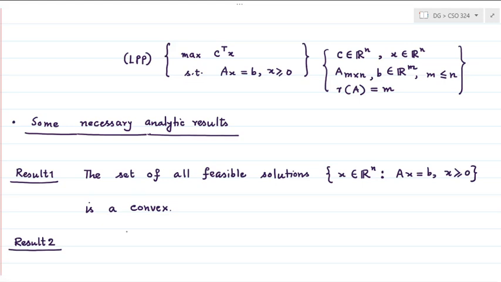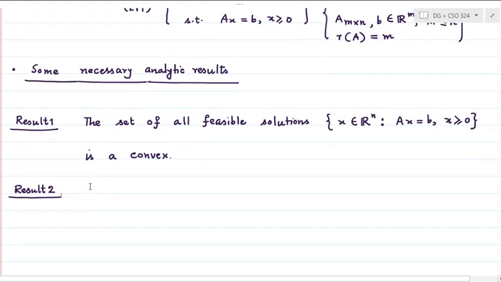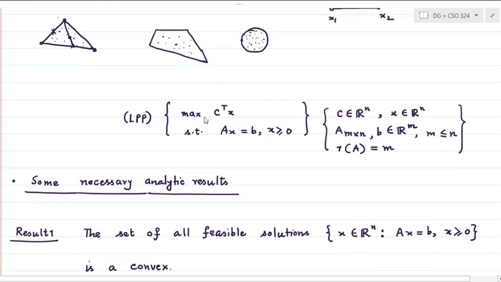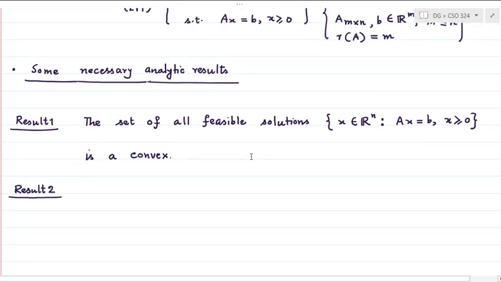So I neatly state that if there is a finite optimum value, that means the feasible set is not an unbounded region, and even if it is an unbounded region, but the solution of the problem, by solution of the problem I mean the minimum value or maximum value of this objective function c transpose x is finite. Fine. So if there is finite optimum value,